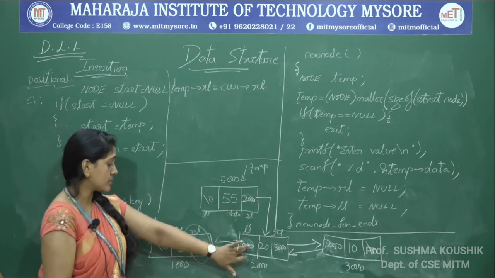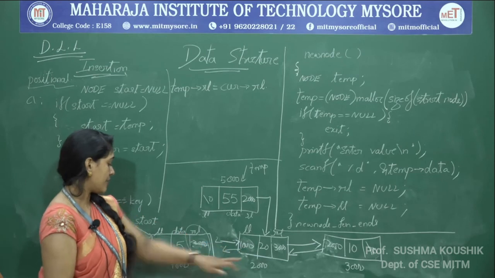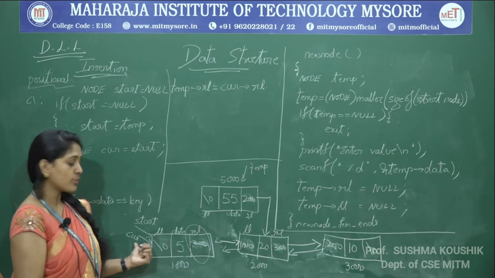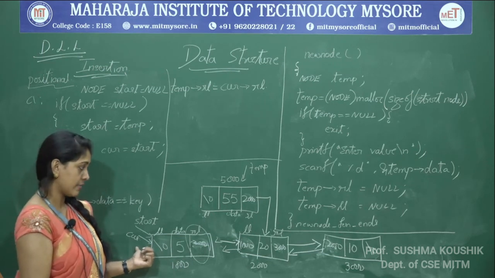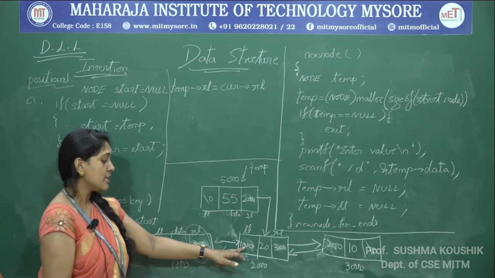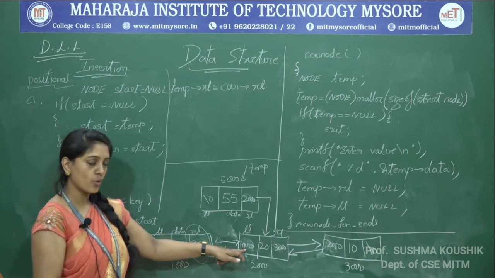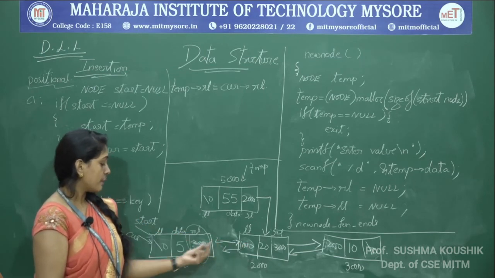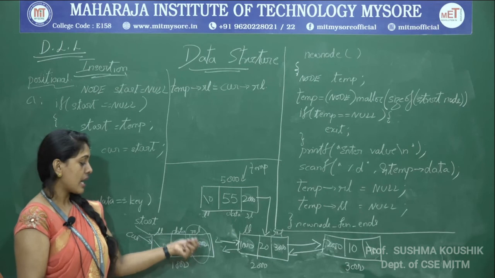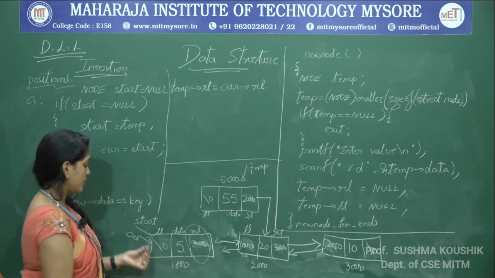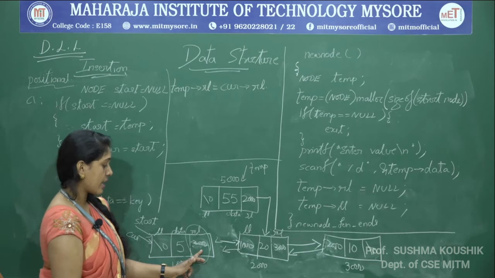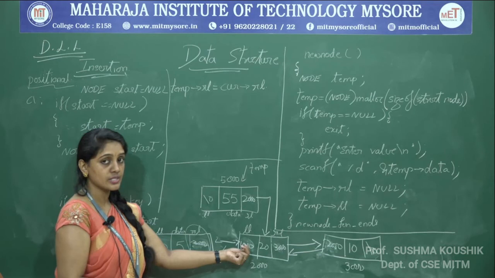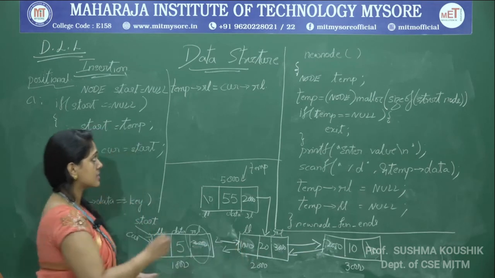Similarly, before I remove this 1000, it is required somewhere. We have to check, yes, this particular position it is required. But here I am able to access that with the pointer current itself, so I need not worry for this particular position. So this 1000 I can overwrite. How do I overwrite this position? This position is accessed through this RL pointer. So current of RL I will come for 2000, so that RL's LL, if I go, is 1000. So this position I can access in this fashion.